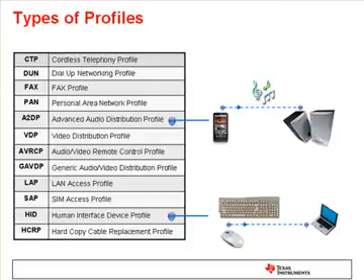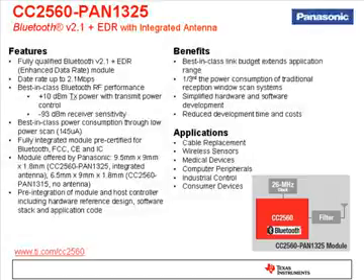The TI device that we are offering that provides Bluetooth is called the CC2560. We've taken this device and worked with Panasonic to integrate it into a module. The module is going to offer many benefits, which I'll show in a moment. But this device then includes the filter, the antenna, the fast clock. There's another device that's also available without the antenna if that's something you prefer. A couple key things to note about this device